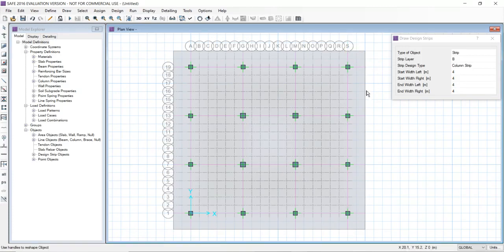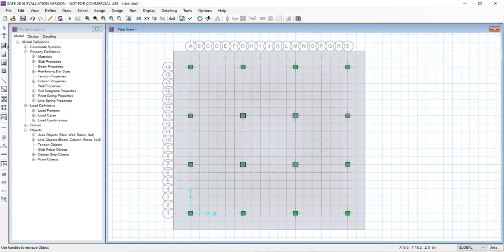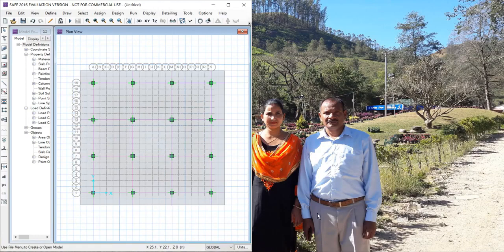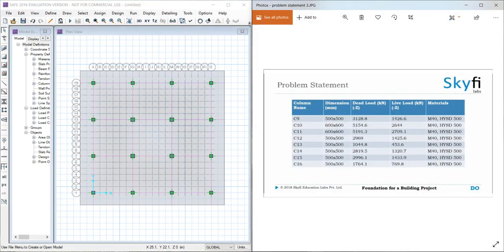Now we have to assign the loads over the columns. Here we can see that in column 1 the dead load is 1850 and the live load is 797.6.